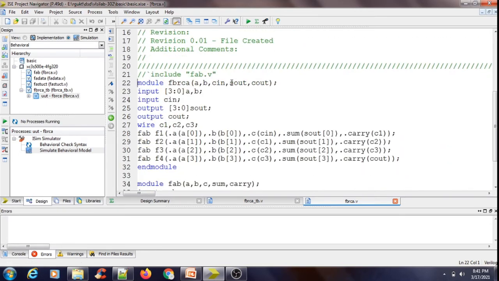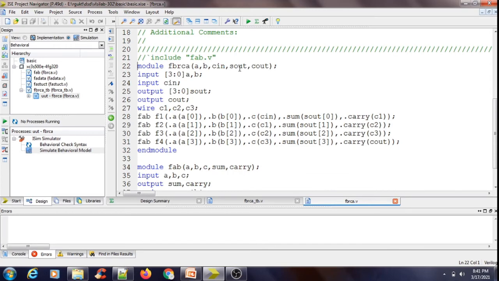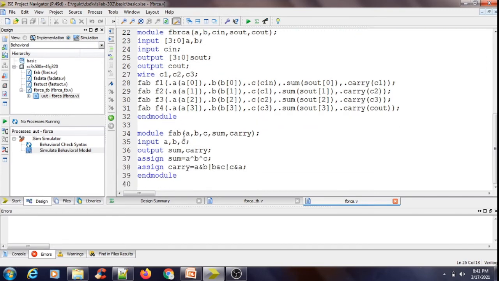So, the 4-bit ripple carry adder: inputs are A, B, Cin, outputs are Sout and Cout. Inputs A and B are [3:0], that means it is a 4-bit quantity, and Cin is a scalar. Sout is a 4-bit quantity and Cout is again a scalar. So this is the definition for my ripple carry adder. And coming to the test bench,